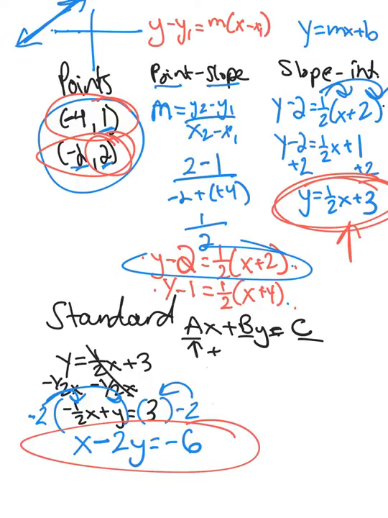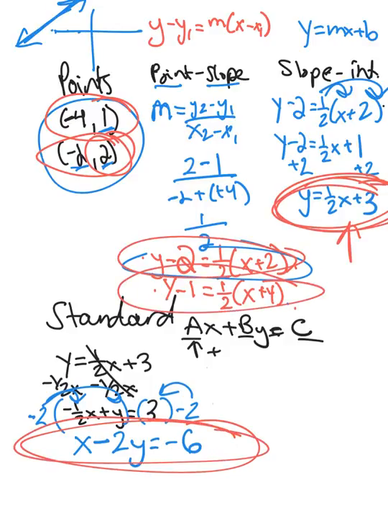Now, if you want to plug this in onto Desmos, you can, and it will show you if you plug in this equation, and this equation, and this equation. If you plug all these in, it's going to be the same exact line. Now, if you do one of your questions and you plug them into Desmos and one of them isn't the same line, then you made an error somewhere. So I'll show you that I